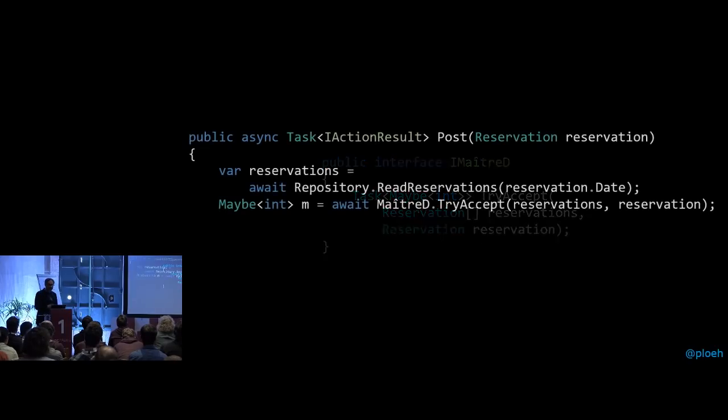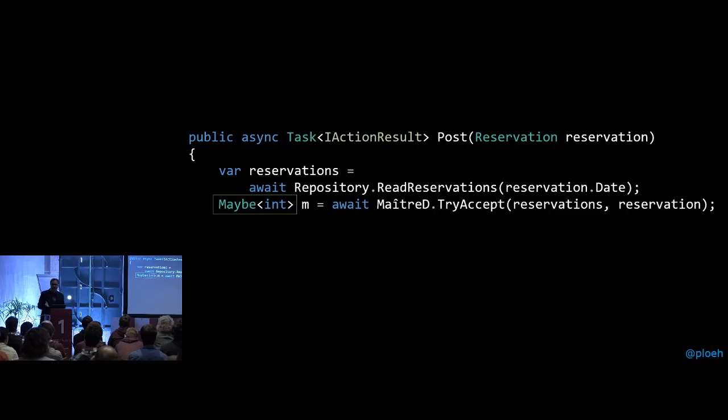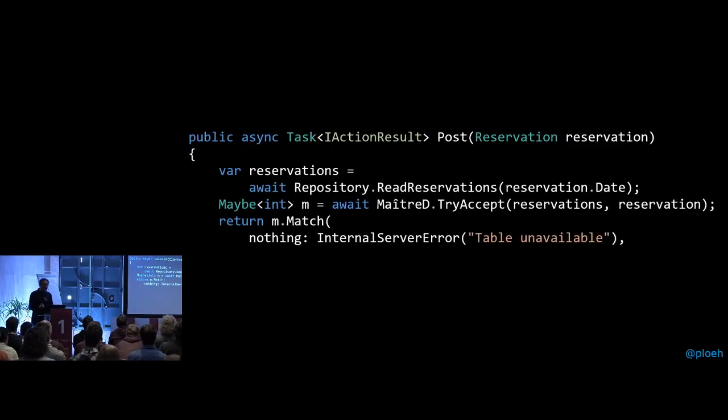But apart from that, in the post method, I'm still going to call MaitreD.TryAccept. What I have now, though, is a maybe of int. And you saw before that you can't do this check where you say, is it populated or not, and then do an if-else branch here. By design, you're not allowed to do that. But what you can do is call the match method, and if you use named arguments, the first argument needs to be the nothing case, and in that case, we're going to return internal server error. In the just case, we'll need to supply a little function that can turn an integer